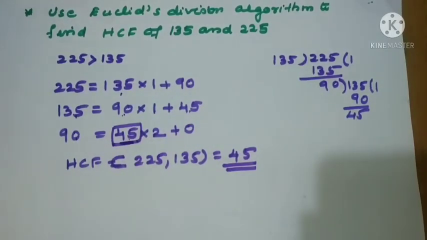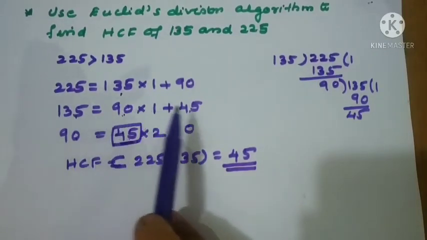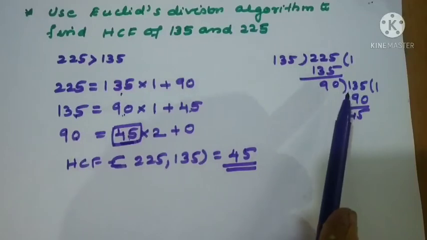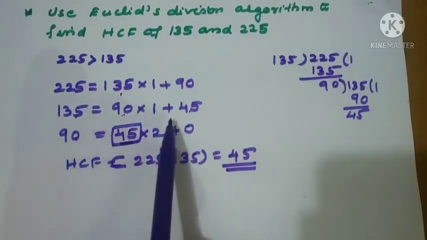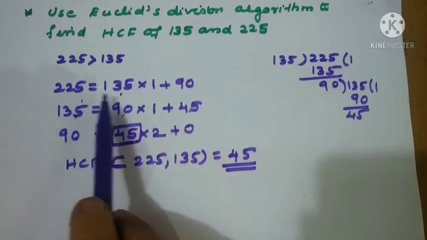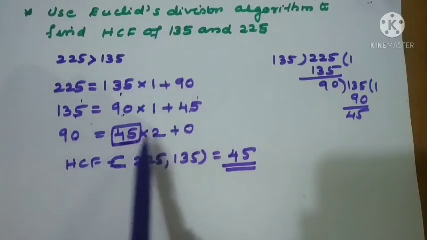So we have applied only our normal rule: dividend equals divisor into quotient plus remainder. The same rule only we have applied. So we have formed a series of steps here. That is why it is called the Euclid division algorithm. You can use the division as rough work, and the steps are what you have to write. A equals BQ plus R we are writing everywhere.